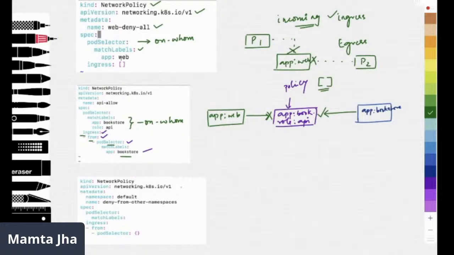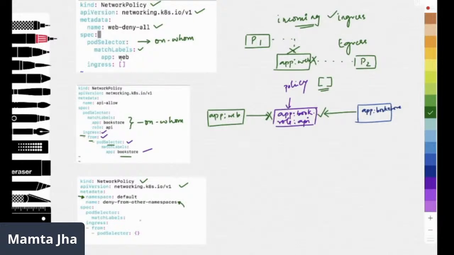So here, if you look at this policy, kind NetworkPolicy, the API version, I am applying this on namespace default. The rule here is named as this.